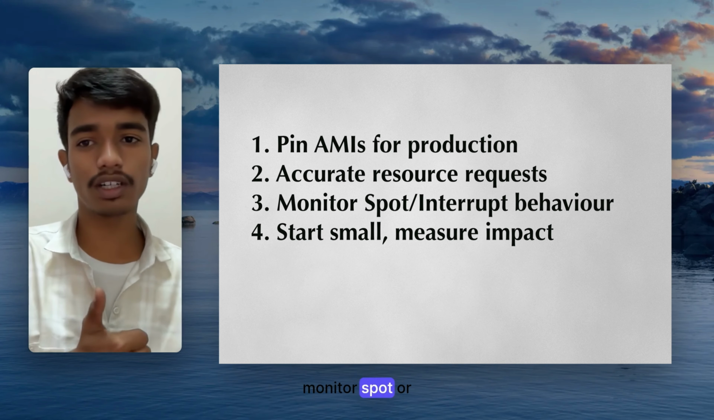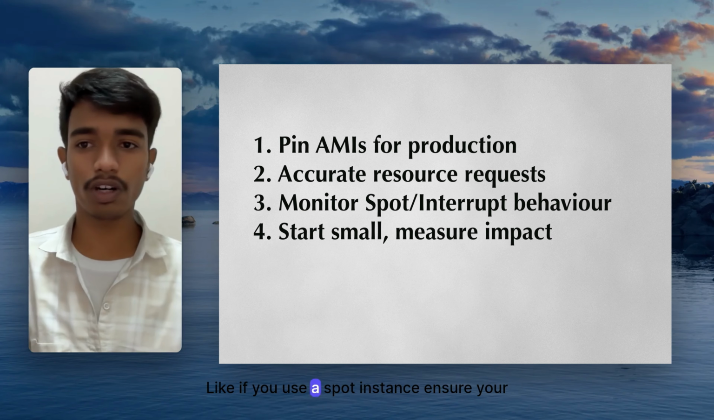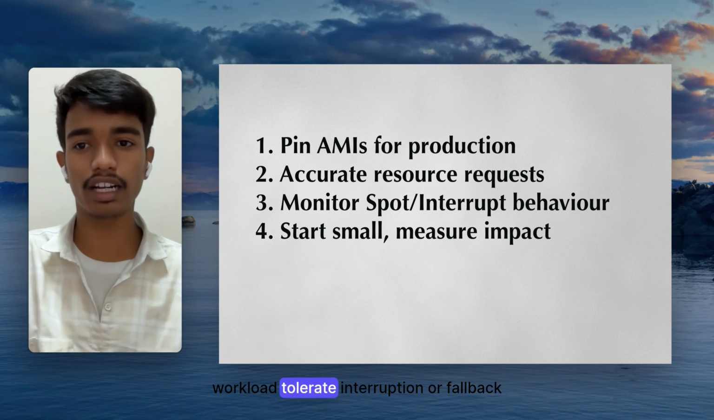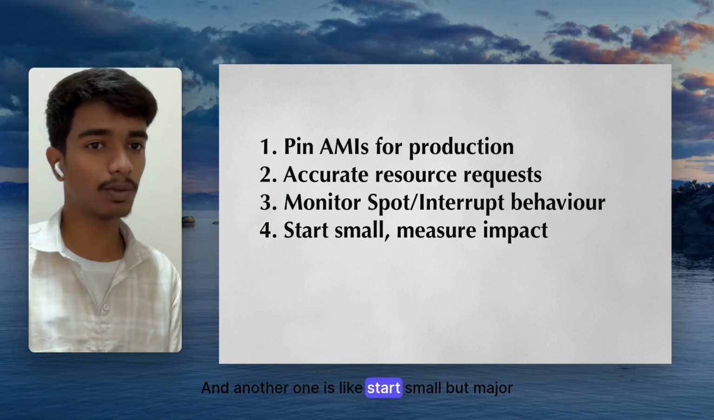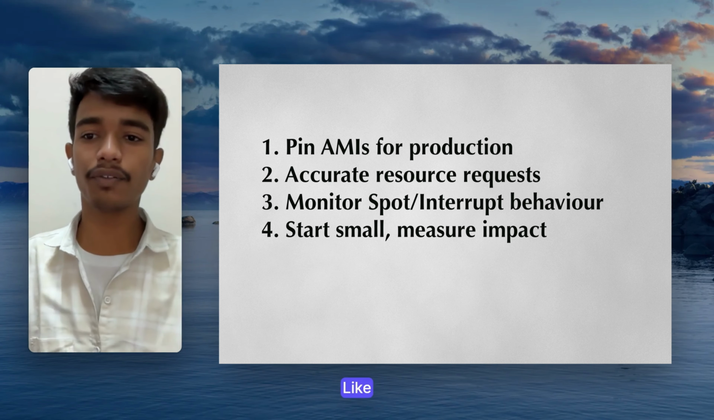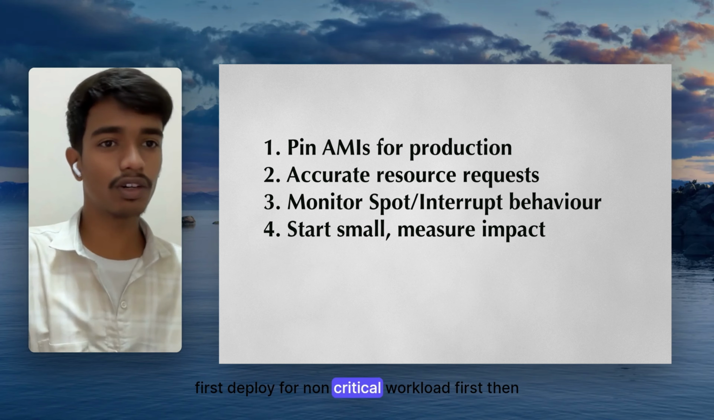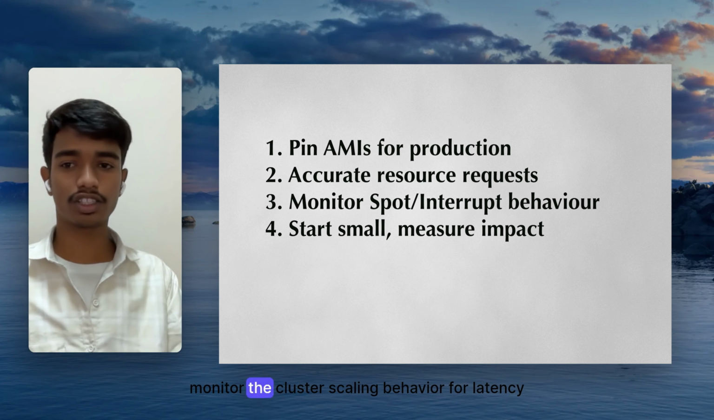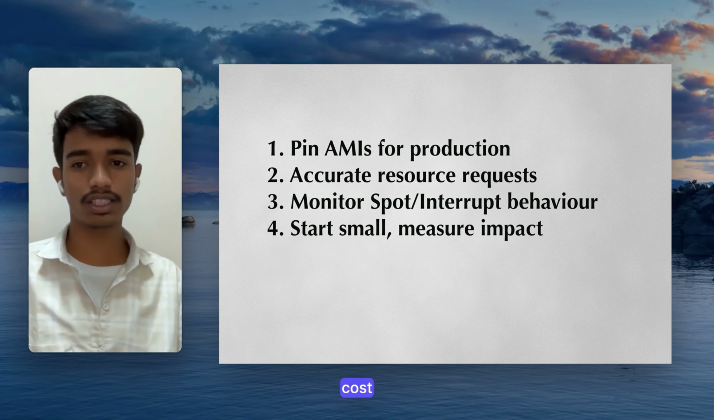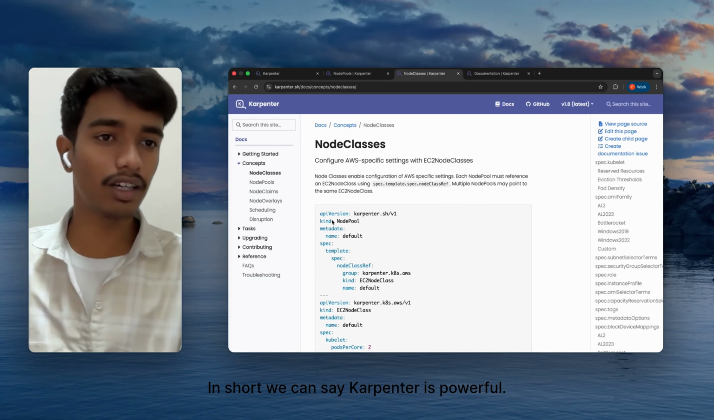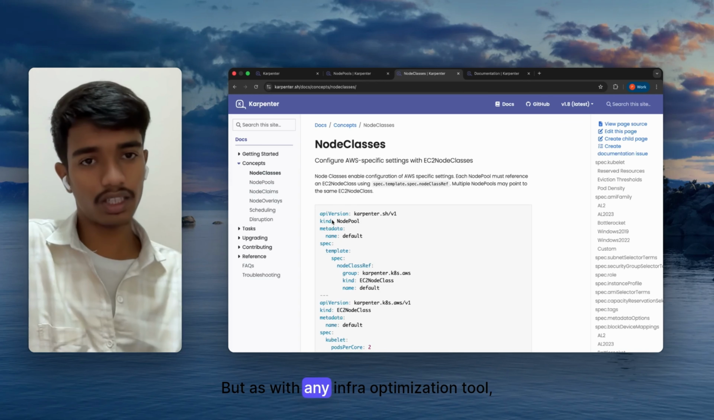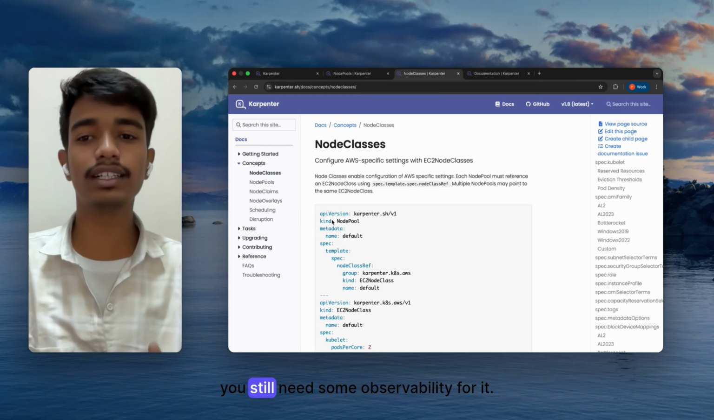Another one is monitor spot interruption behavior. Like if you use spot instances, ensure your workload tolerates interruption or falls back gracefully. And another one is start small but measure impact. Deploy for non-critical workloads first, then monitor the cluster scaling behavior, pod latency, and cost, and then deploy on production. In short, we can say Karpenter is powerful, but as with any infra optimization tool, you still need some